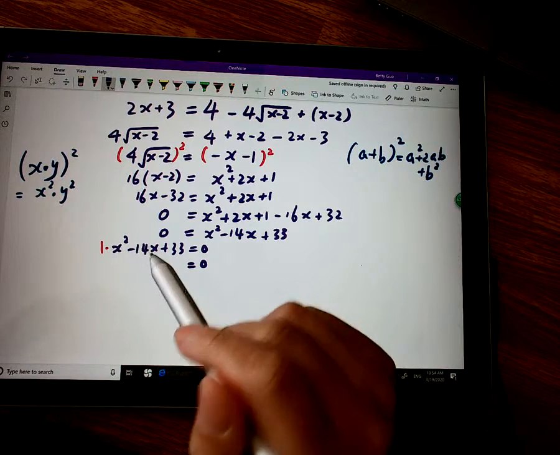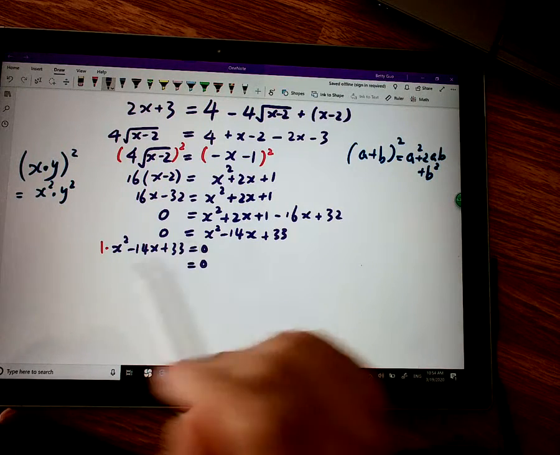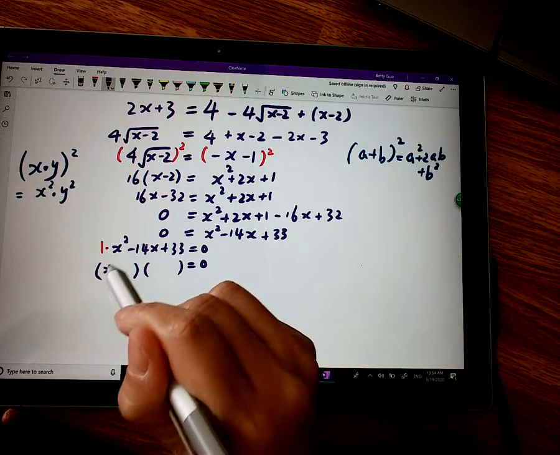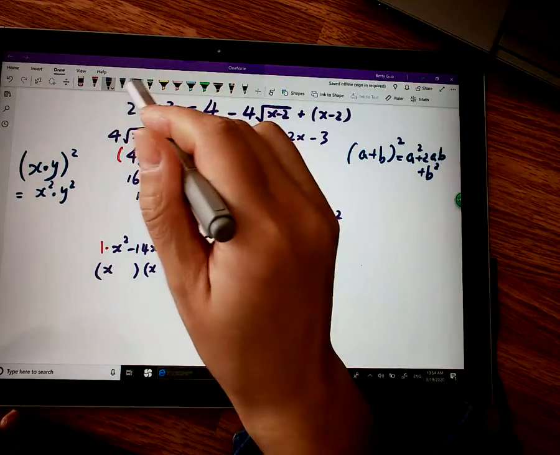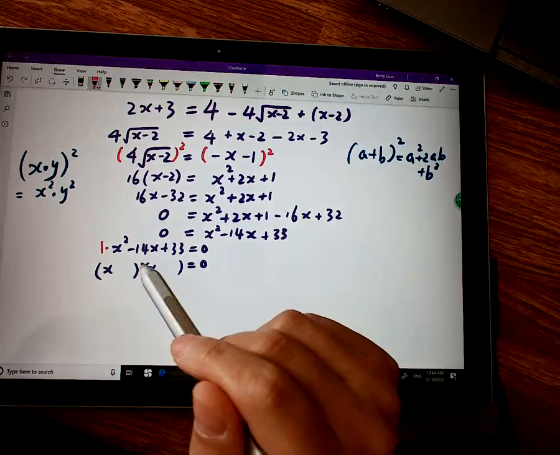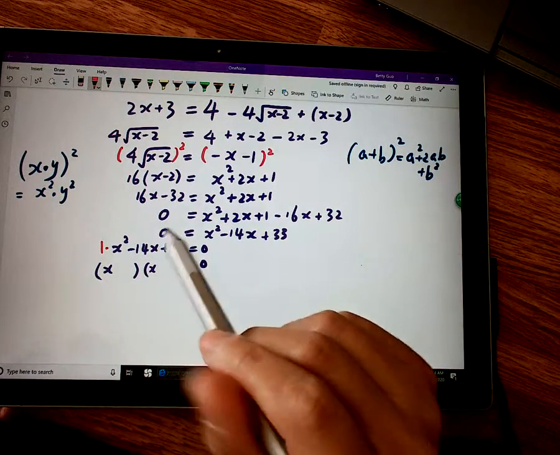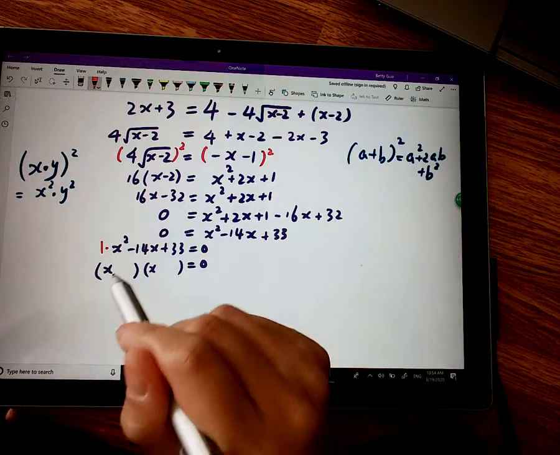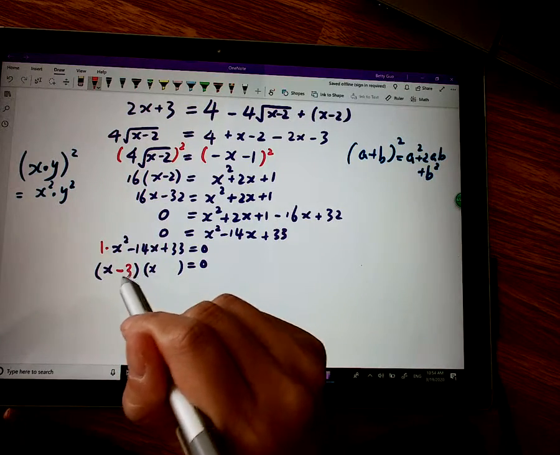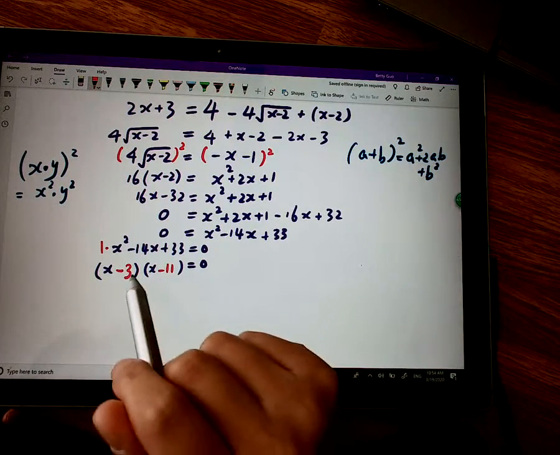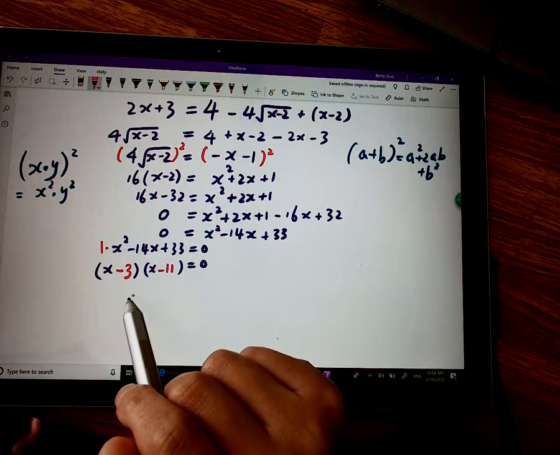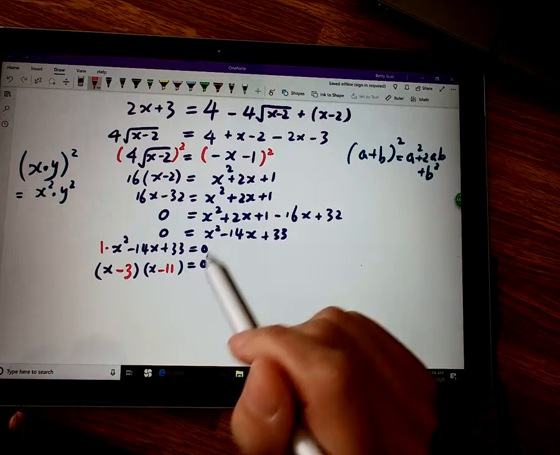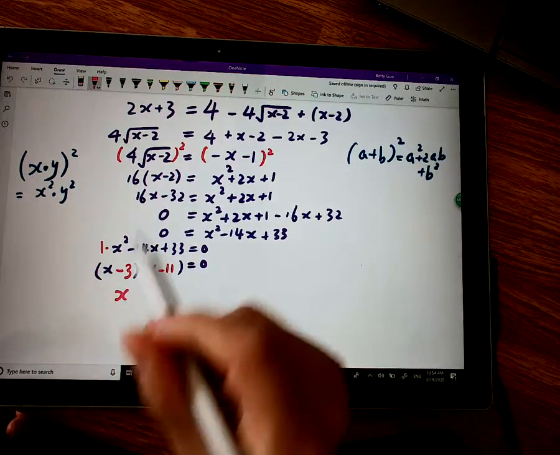Yes, you could. Whichever method you prefer. So I apply my shortcut method, which we covered in previous chapters. We are not going to spend too much time here. The two numbers are both negative, negative 3 and negative 11, because negative 3 and negative 11 multiply to positive 33 and add up to negative 14. So we would have x equals